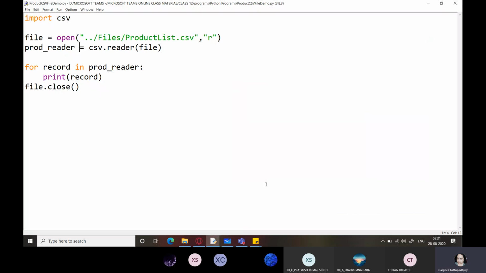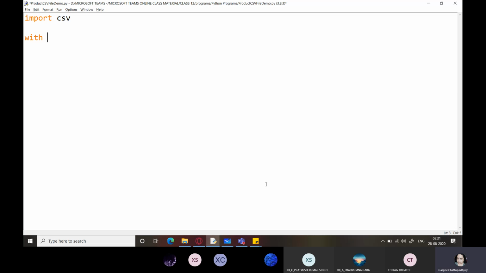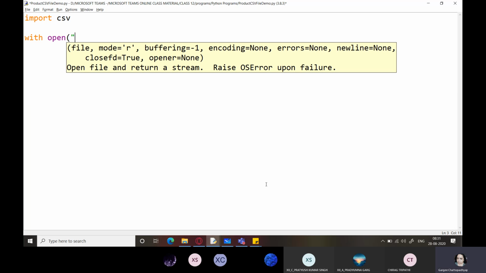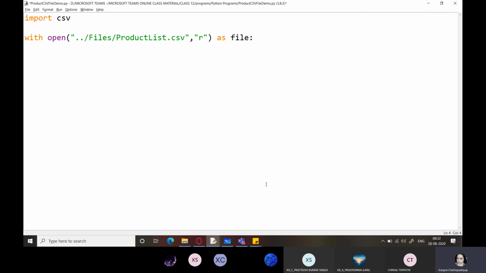Okay, come back. So now over here, we are just going to replace this with open files product list dot csv comma r as file, and prod reader equals csv dot reader file, and we can write for record in prod reader, print record.